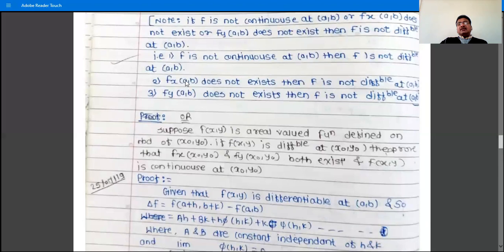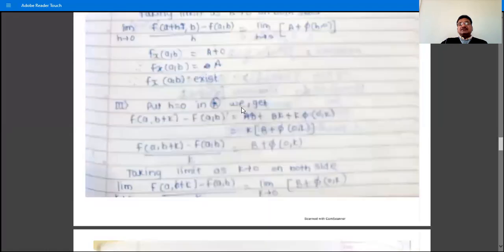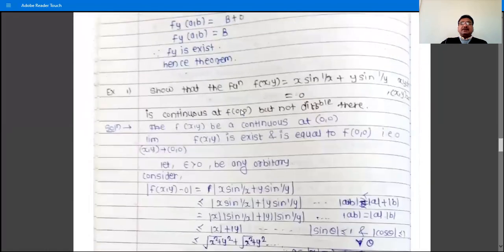But when these three conditions are satisfied, that is, suppose the function is continuous at (a, b), and fx(a, b) and fy(a, b) both exist, then we cannot say that f is differentiable at (a, b). These are necessary conditions, not sufficient conditions. In some examples, the function is continuous at (a, b), and fx and fy both exist, but the function is still not differentiable at (a, b). So we will see some examples of that type, but in this example,